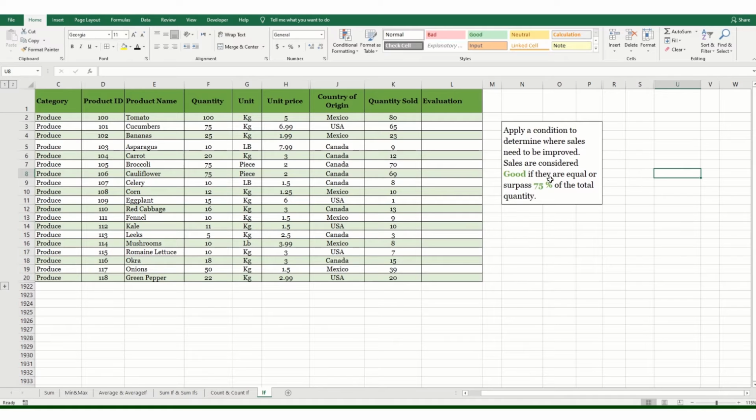So we have the evaluation column. Stop at the first cell and type equals IF. Now we're going to write the logical test, and in this example we will calculate the 70% of the quantity sold. We can simply do that by multiplying the quantity by 0.75. So if the total quantity sold is greater or equal to 70%,